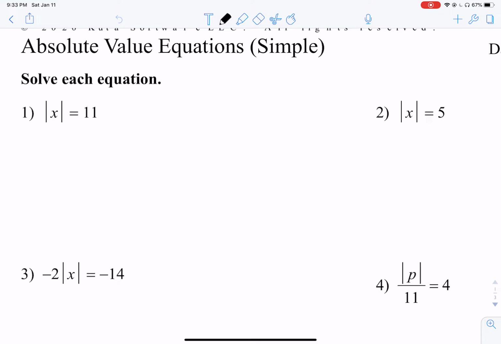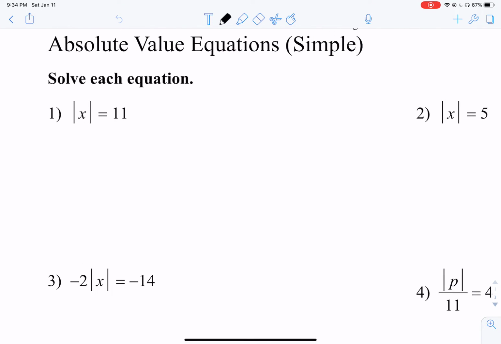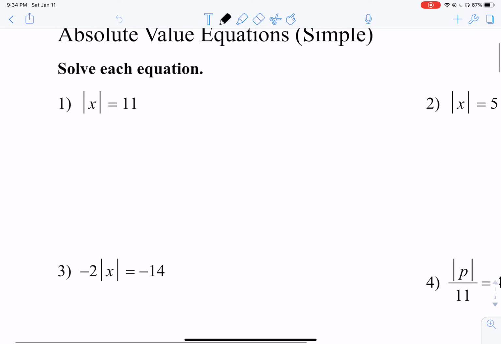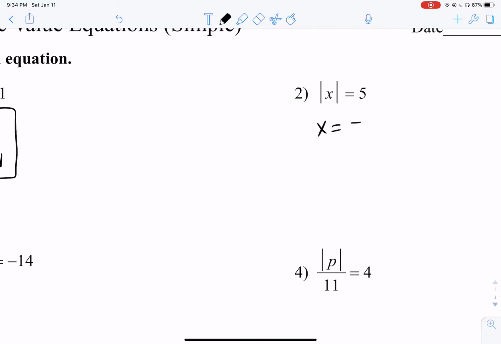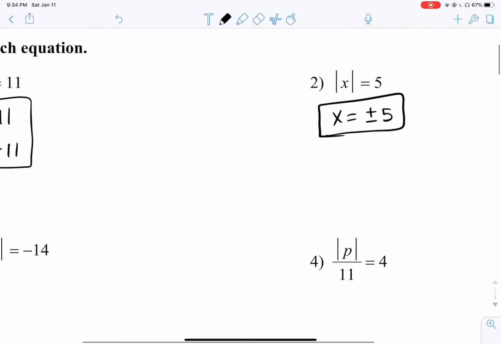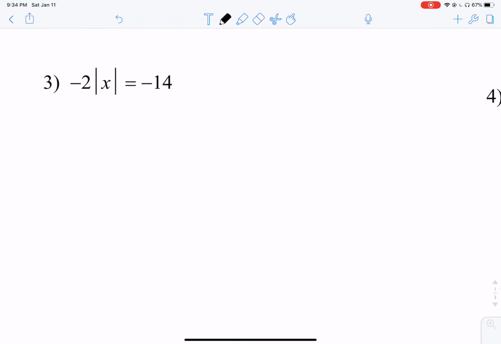So for the first two examples, again, we're looking at these very simple equations on absolute value. The first one, we are identifying the value of x. What values of x make this equal to 11? There are two possible solutions. X is either going to equal positive 11 or x is going to equal negative 11. So there's your solution. For number two, x is going to equal either positive or negative 5. So there's your solution. Now, number three is a little bit more complicated to figure out the